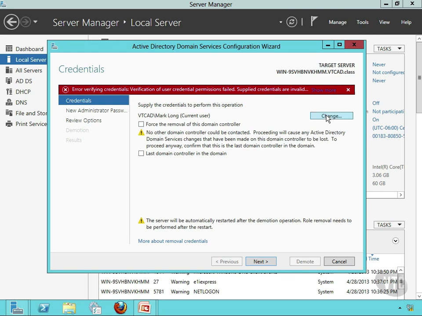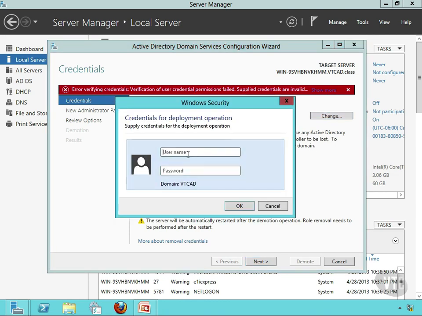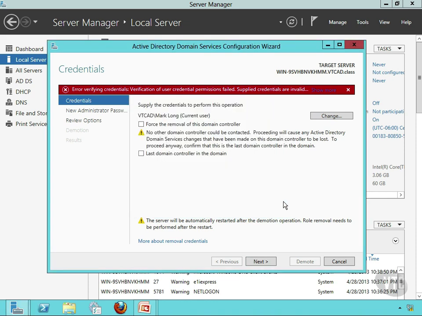And so if I click demote this domain controller, now it tells me I've got a credentials issue, and it says that I can change this, okay? Well, I could go change this to the administrator account. I don't want to do that. I'll end it right here by telling you, notice, I can force the removal of this domain controller. Usually this happens if I've got a problem with Active Directory. But notice this is the important one. If I check this one, it's the last domain controller in the domain,